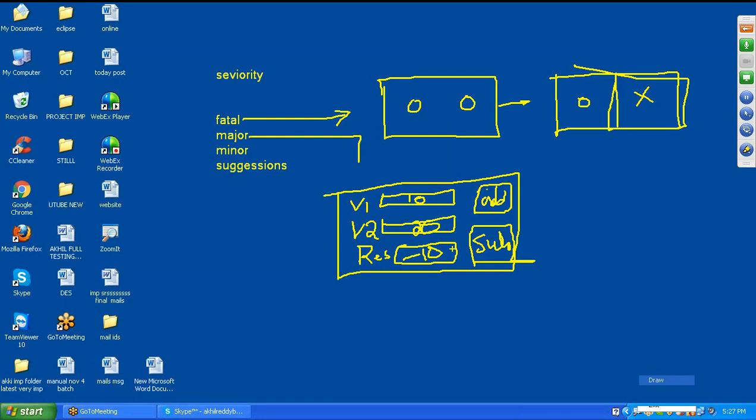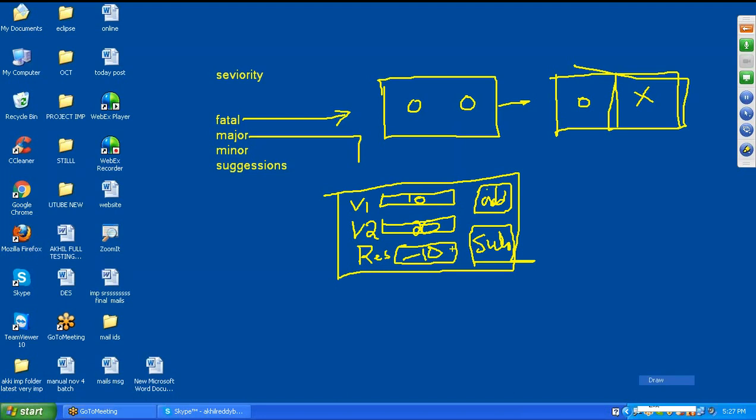That's the wrong functionality. It's not doing its job. Functionality is not working properly, but it's just a label change. In the place of add, they kept sub. Just the label changed.